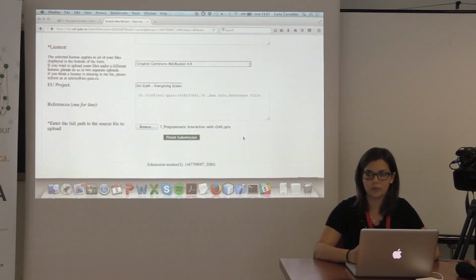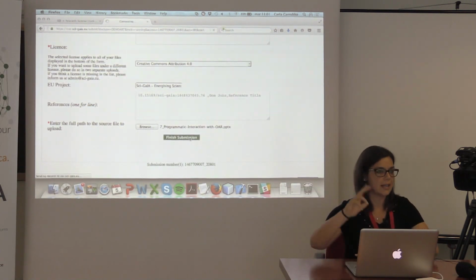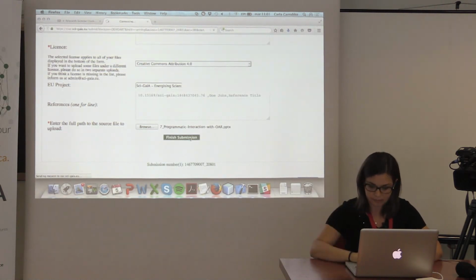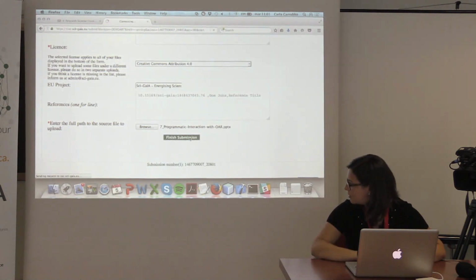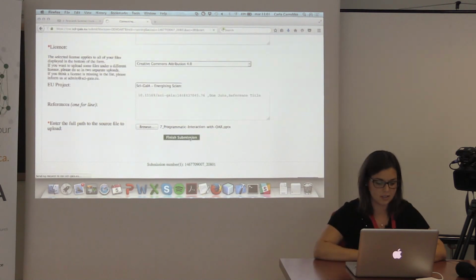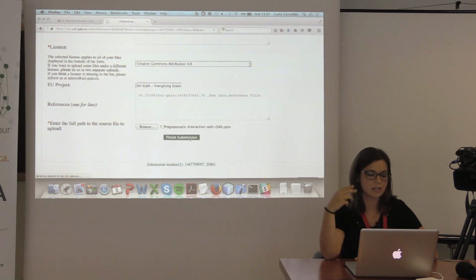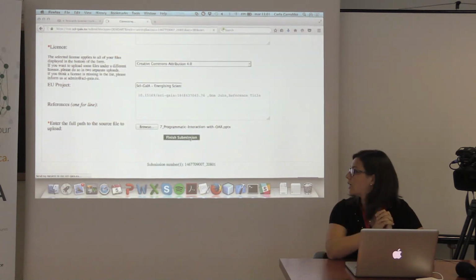If all is okay, you can click on Finish Submission, and you send the upload request to the administrator. And the administrator gets the request, and in a few minutes you can